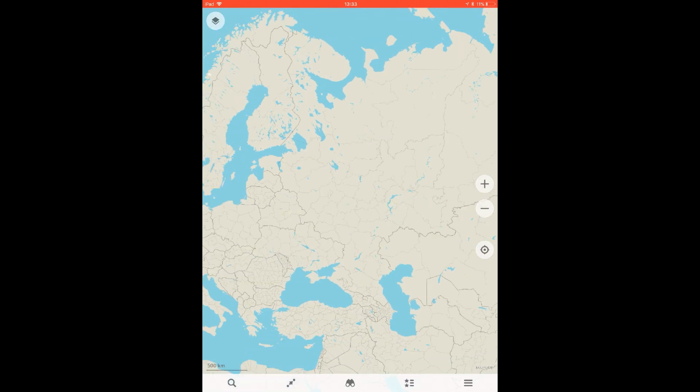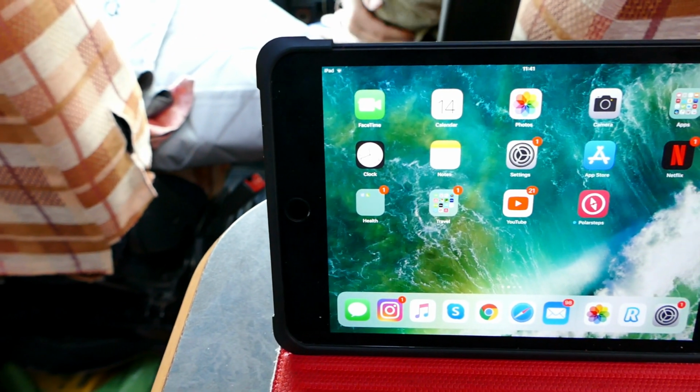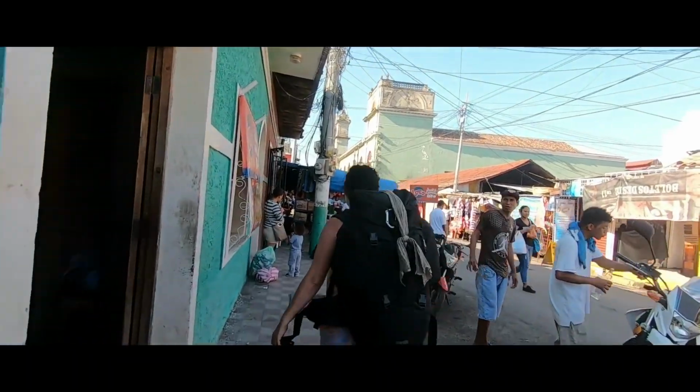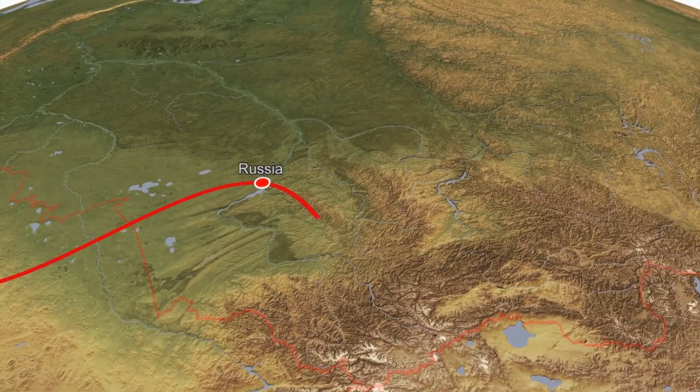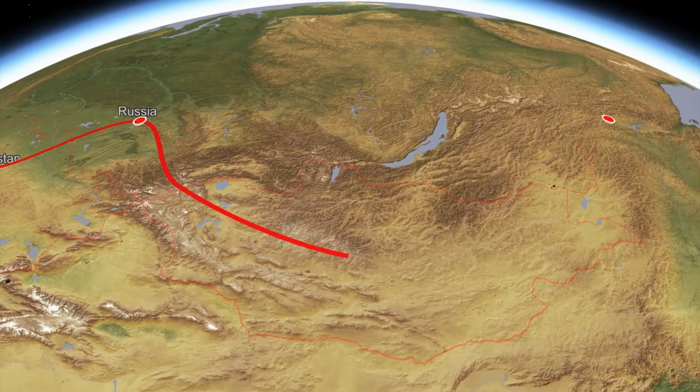But one of the things, although my little iPad mini here has inbuilt navigation, like location finding, the problem is I've done quite a lot of research and it relies on being able to find your location through cellular towers. Now that's fine when there are cellular towers. Maps.me works great offline. We had no problems in Central America. But some of the areas that are very remote that we're going to, we had concerns that it may not be able to pinpoint our